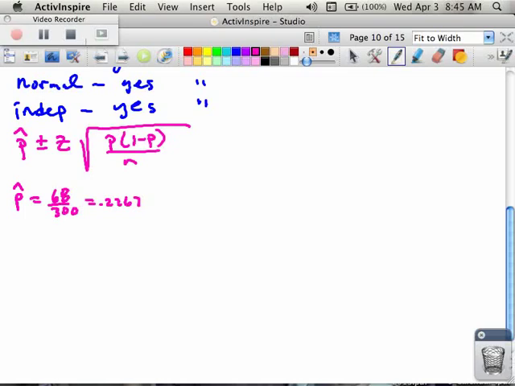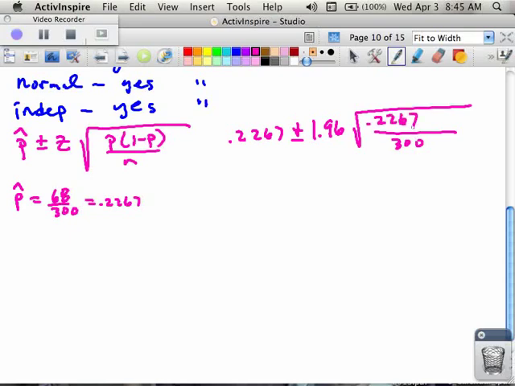So we have 0.2267, which is our p hat, plus or minus our z value for a 95% confidence interval, which I believe was 1.96, times the square root of our success, 0.2267,